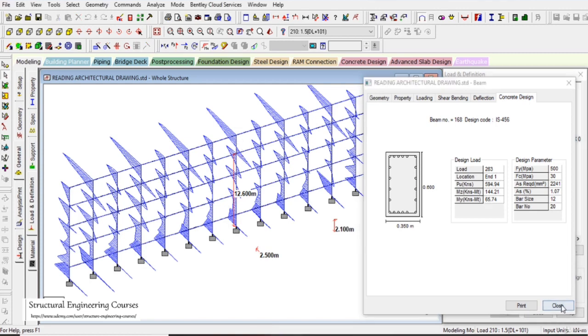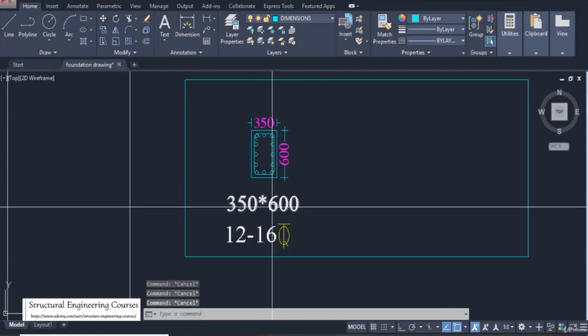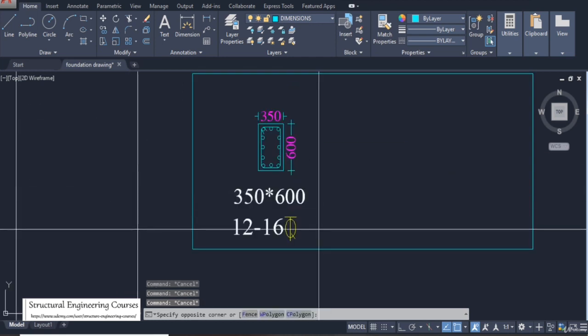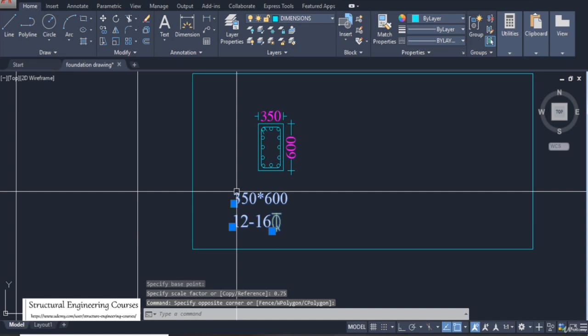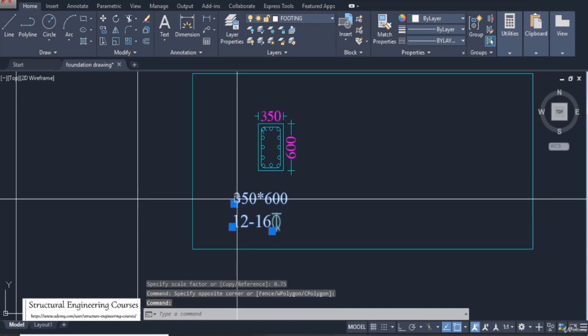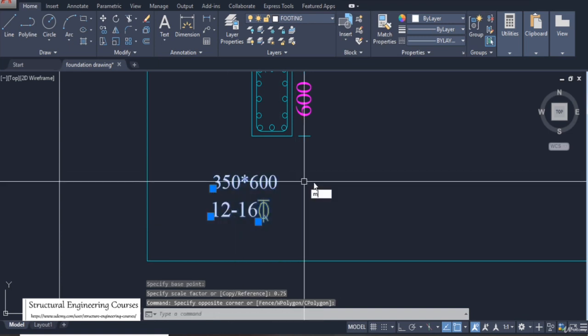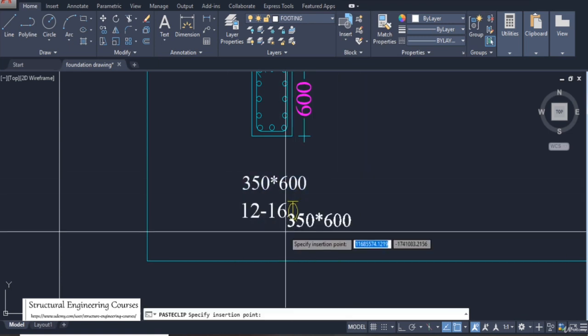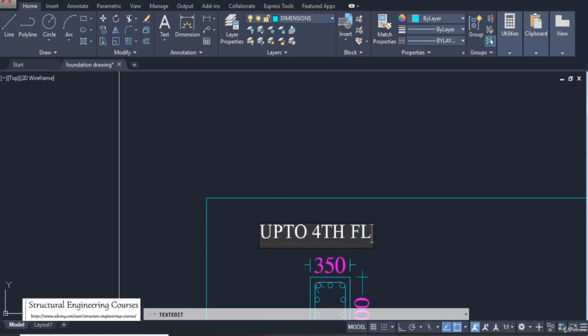So first floor, second floor, third floor and fourth floor level. So we can name it up to fourth floor level,